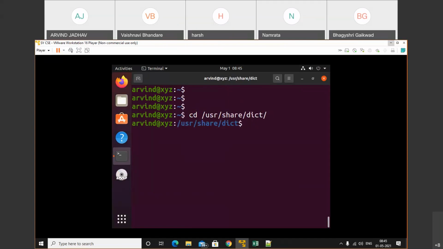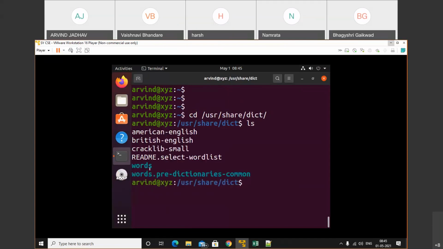Let's check it out. See, with ls we have that words directory. Make a note of that. You can perform the operation here or just copy that file to the desktop. So cp, copying that words file to the desktop, under the home of the user admin. If you want to perform the operation there, you can.